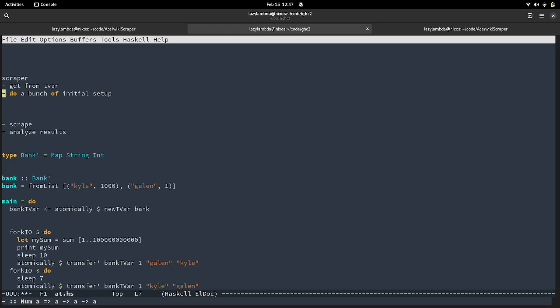If I'm surprised at the result it's getting from the TVar, I might wonder how this thread started and then got something that seems way too far down in the queue.